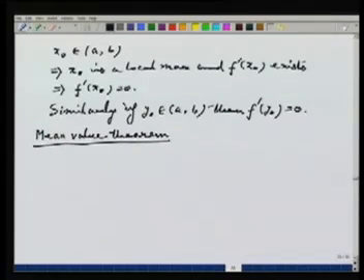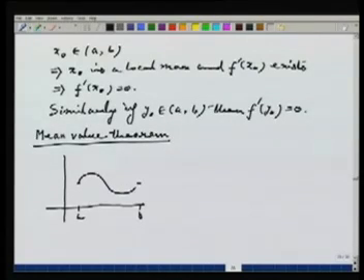Look at the situation of Rolle's theorem again. I draw the picture again here, this is A, this is B. I know the heights are the same at A and B. The graph of the function looks something like this. Then there are points where the tangent is parallel to the x-axis. Now it could have happened this way also. I draw another picture,